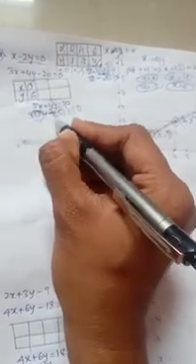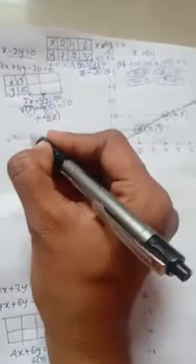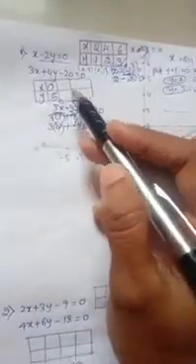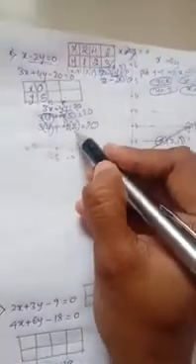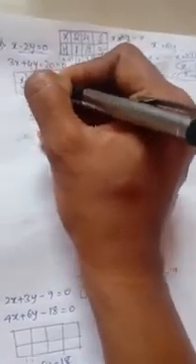For another value, in 20, 4 2s are 8. The remaining is 12, and 12 plus 8 is 20. Therefore, 3 4s are 12. So for x and y, 3 4s are 12, 4 2s are 8, and 12 plus 8 is 20. Therefore, the value of x is 4 and the value of y is 2. Therefore, 4 comma 2 is another point.